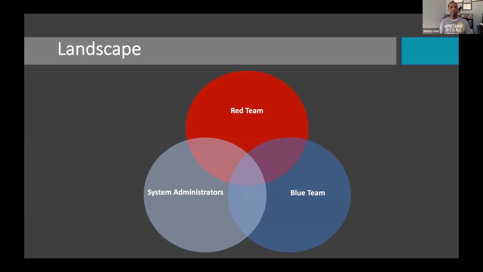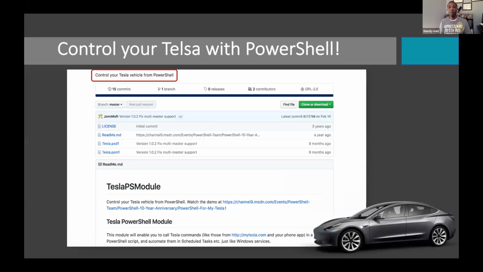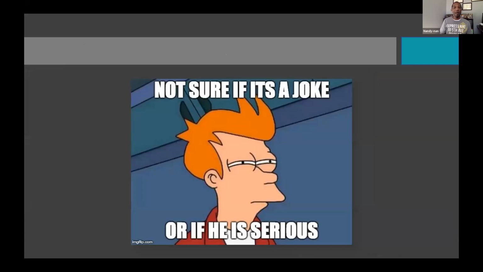Now, outside of red team, blue team, and just system administrators, PowerShell also has the ability to be a little bit more granular. So for example, this young man ended up using some PowerShell so he can control his Tesla, right? I'm all about that. He had the ability to leverage the language, leverage a subset of APIs and whatever connection access he has into his system, and he's using PowerShell to control his Tesla. That is awesome. Now, that may not be the only use case of PowerShell. It's really an endless possibility.